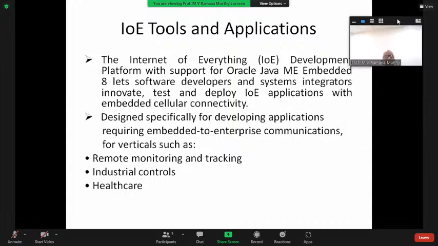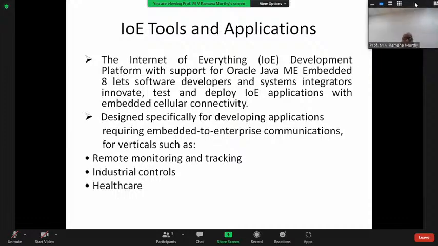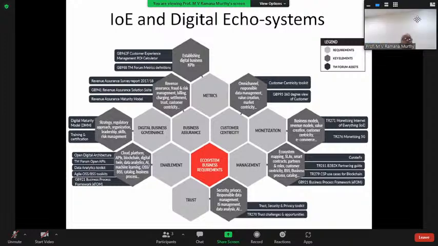and industrial controls, and also nowadays everybody is worried about using their applications in healthcare. So these are all the applications. So you can see basically we are establishing digital business KPIs and revenue generation, and omni-channel responsibilities of development of data management, value creation, market connectivity and market centricity, and business models, revenue models, value operations, customer